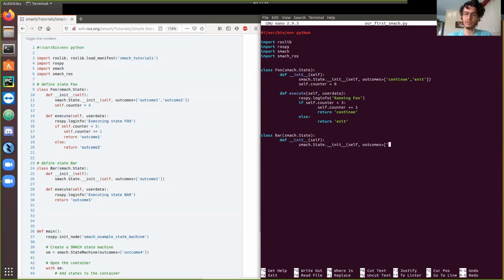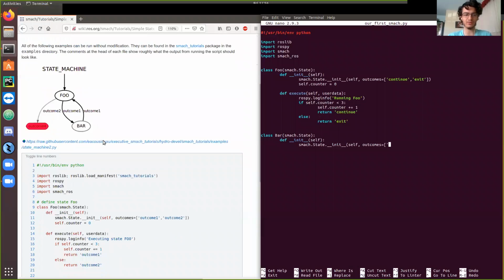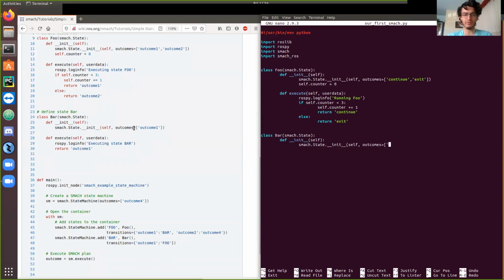And then here you put in all of the outcomes that the bar has. Obviously, if you look at it, there's only one possible thing bar can do, and that's go back to foo. This outcome 1 right here just goes back to foo. So instead of putting it as outcome 1, which is extremely confusing the way they put it,